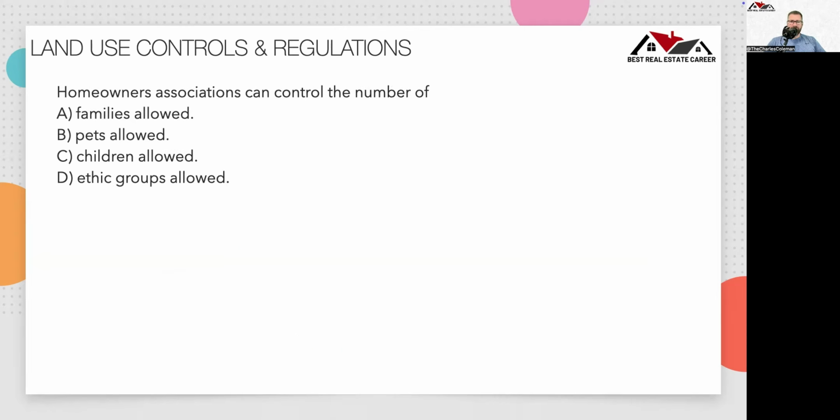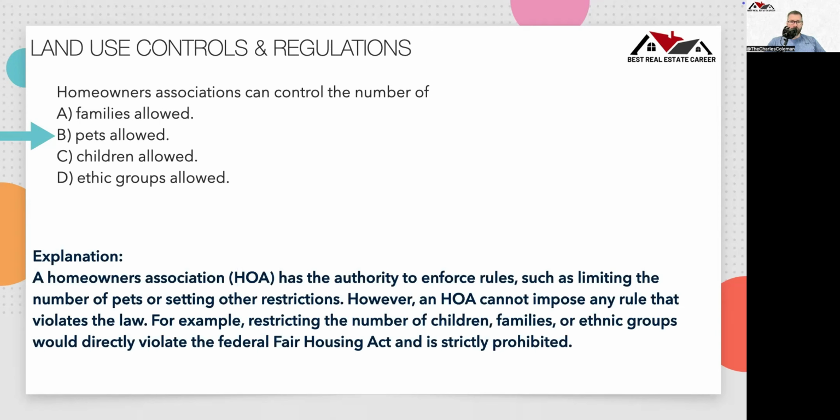Homeowners associations can control the number of pets allowed. A homeowners association, the HOA, has the authority to enforce rules such as limiting the number of pets or setting other restrictions. However, an HOA cannot impose any rule that violates the law. For example, restricting the number of children, families, or ethnic groups would directly violate federal fair housing acts and is